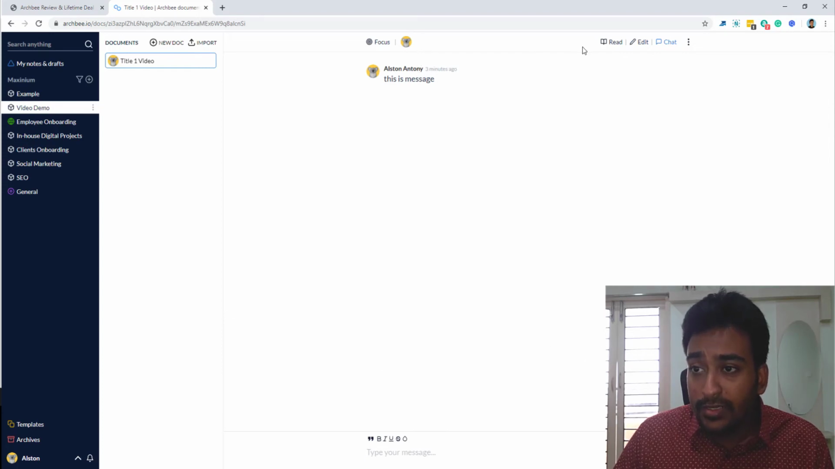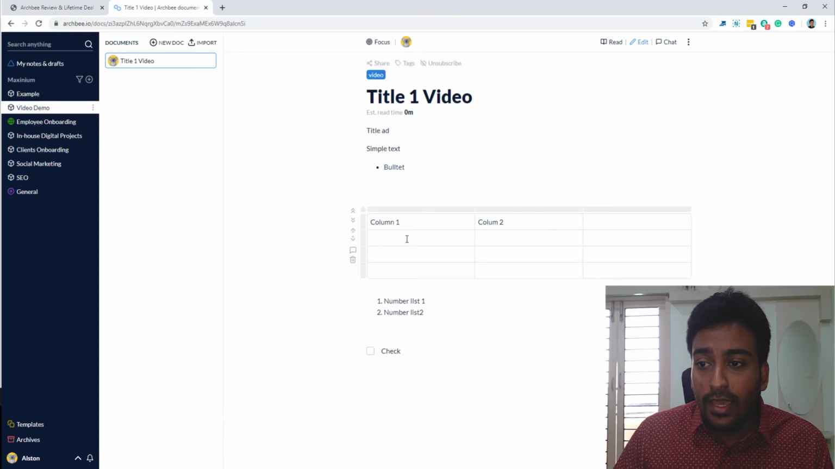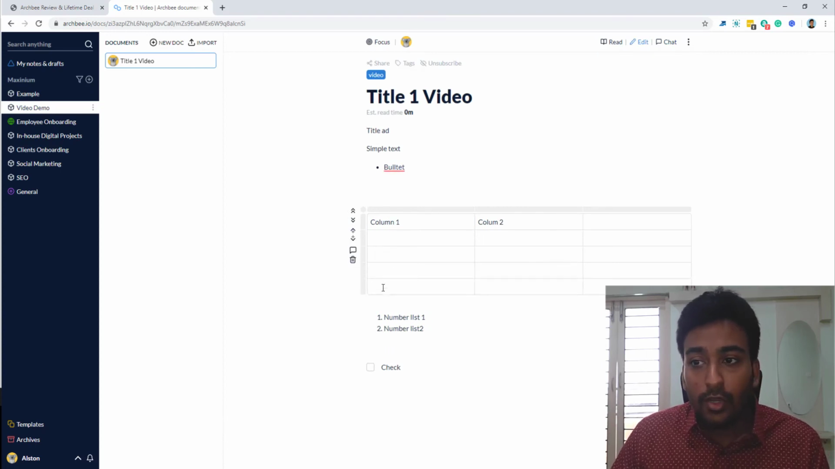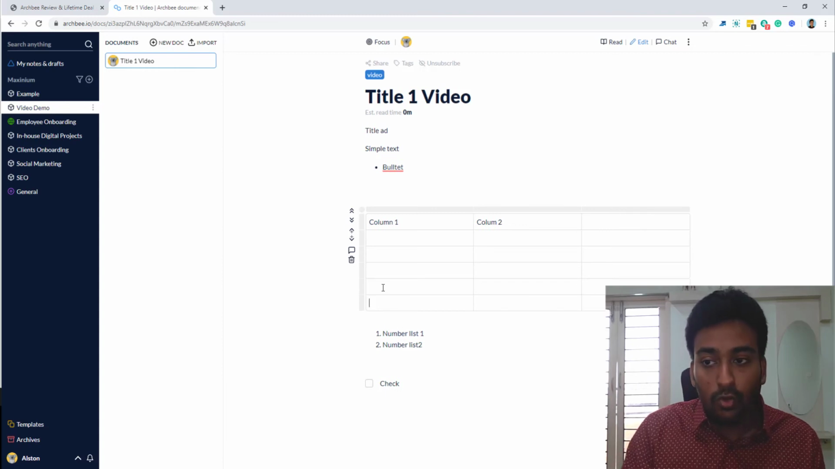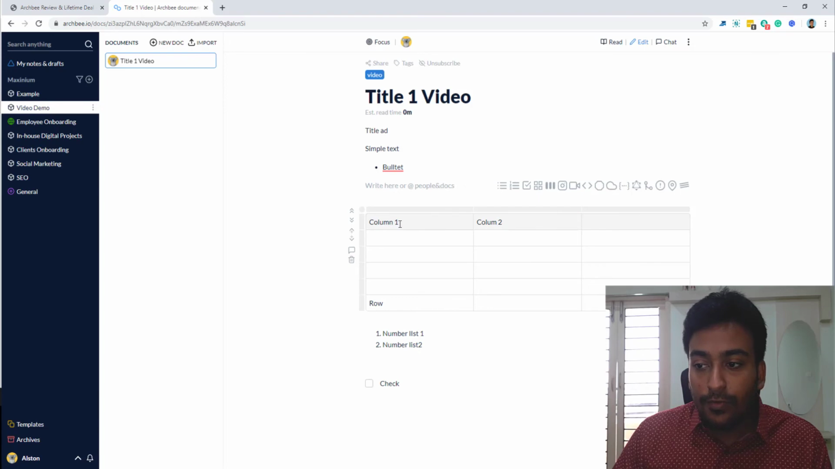Let me go into the edit section. Now I can do that. And if I want to add a new row, just click on enter. It will keep on adding the row content similarly with the content. And then if you want to add